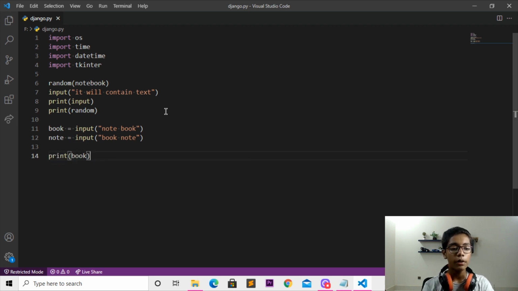Just write book and then print note. Okay, so just do that all things and you can see we have done with that. So just you have to move down here, take care about one thing, like if you're a beginner, so sometimes